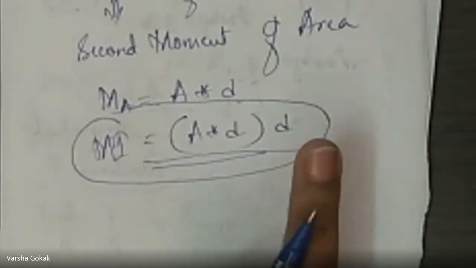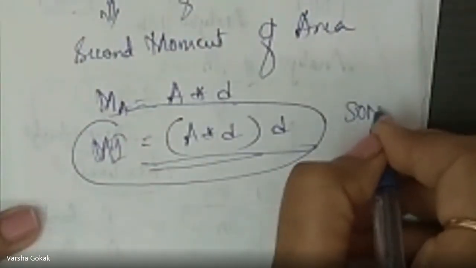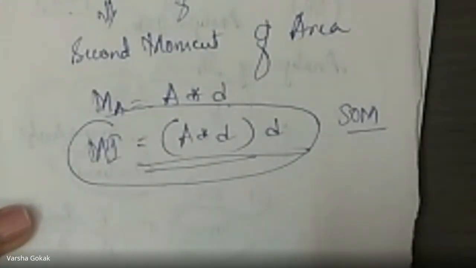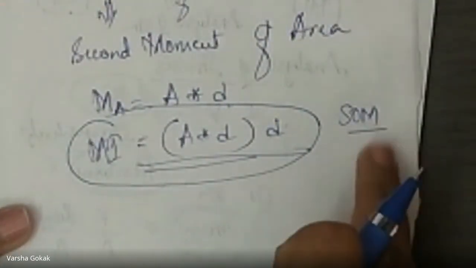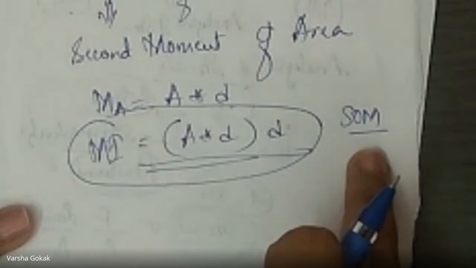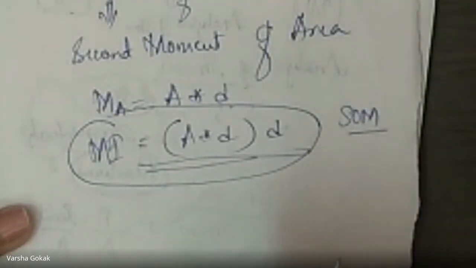So definition, if they ask you for 1 or 2 marks: moment of inertia is also known as second moment of area, which is used for analysis of stresses in beams, especially in strength of materials. If there are any civil or mechanical students, they will have strength of materials, the most important basic subject, a core subject in 3rd semester. So this will be used there in strength of materials. That is, we'll be studying the properties of the material.